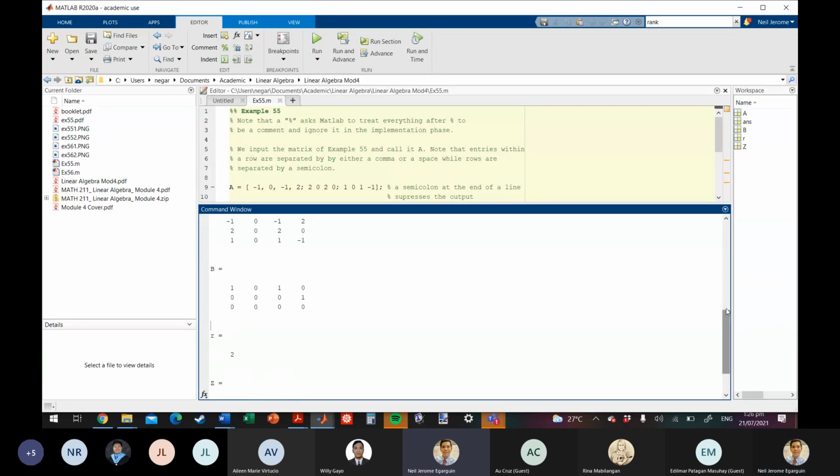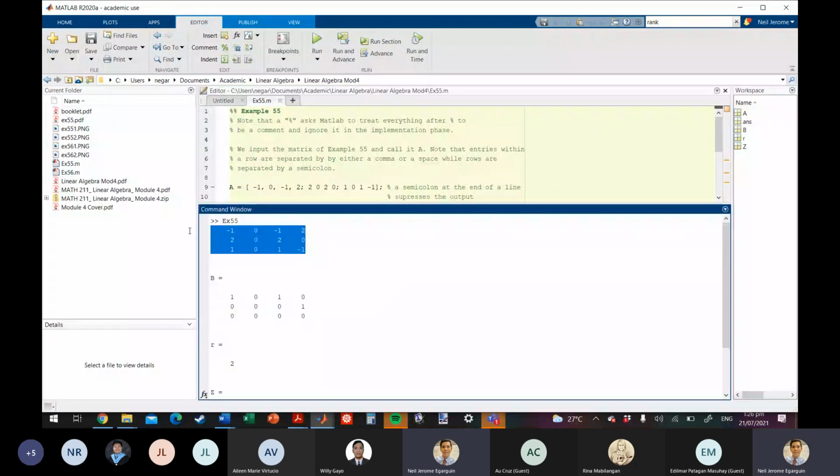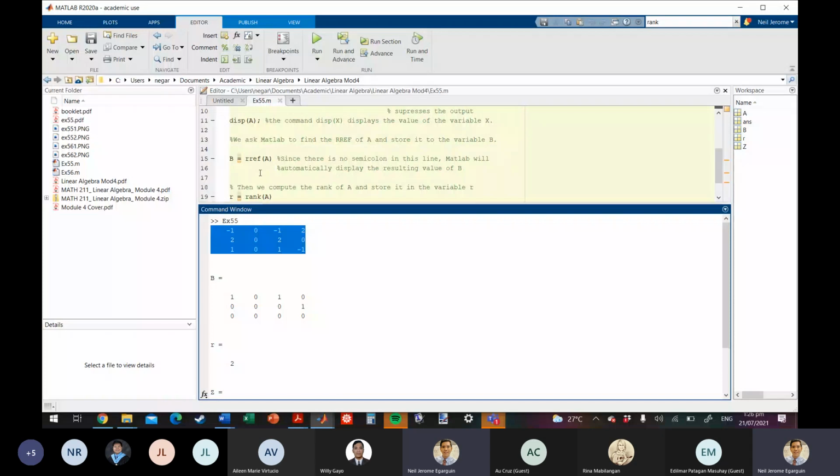Okay, hold on. Let me just CLC. CLC, i-clear niya lang yung command window para lang yung mga previous computations ay hindi ko na makita. So you can type CLC, the command line, press enter, then go back to your code, press F5 or press the run button. Bibigay niya tong in the command window. So the first would be the display of matrix A, yun yung output niya. And then the next line,